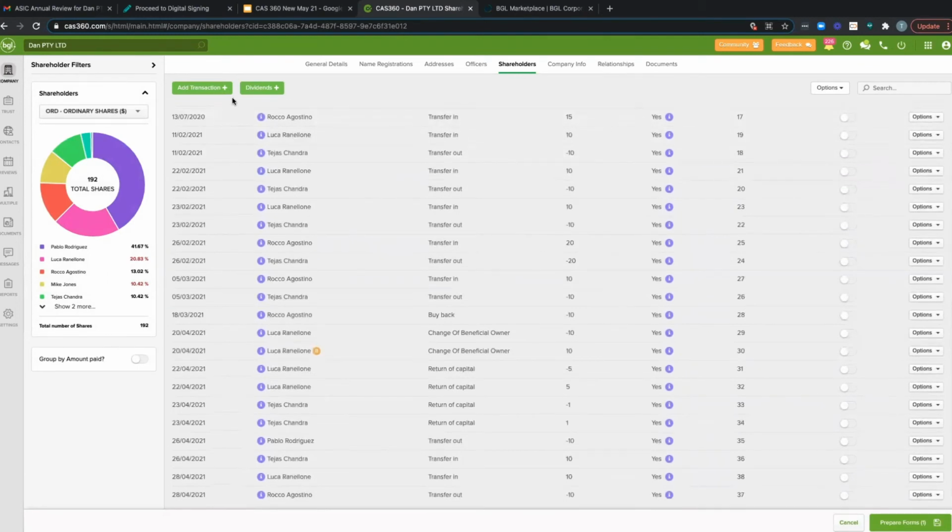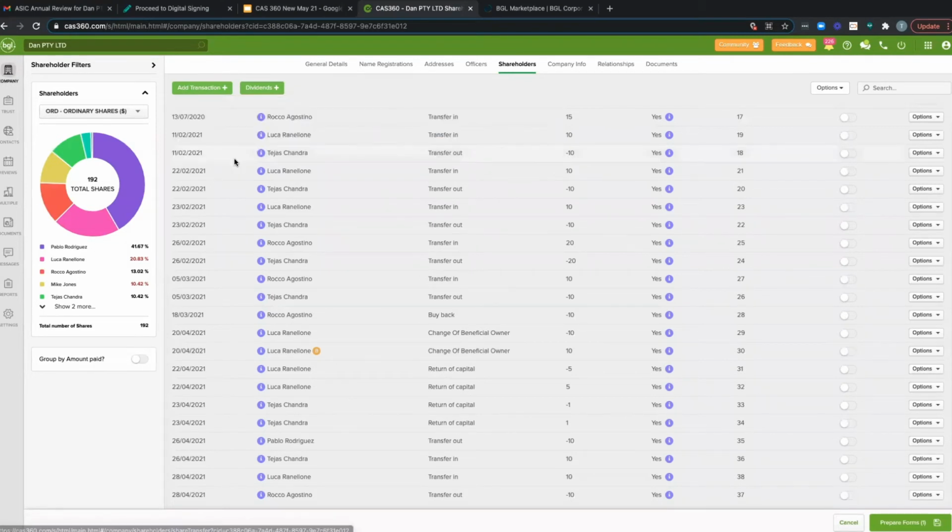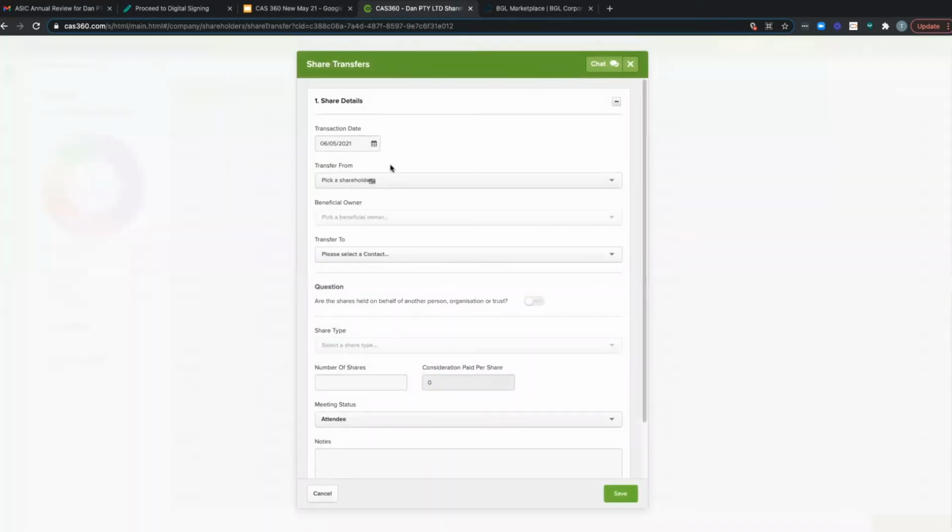And as we spoke earlier, we've got the full list of ASIC prescribed transactions in CAS 360, and they're not just limited to allotments and share transfers. So you can process any of these transactions in CAS 360, and it will produce the relevant documents in relation to those transactions. So what we'll do here is we'll take a look at a share transfer. So I'm going to do a share transfer from myself,